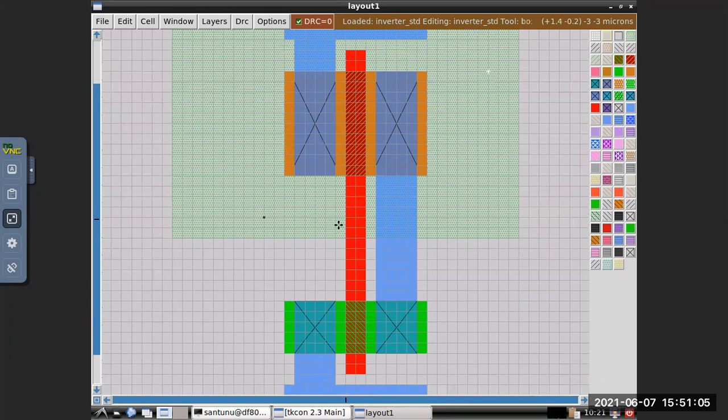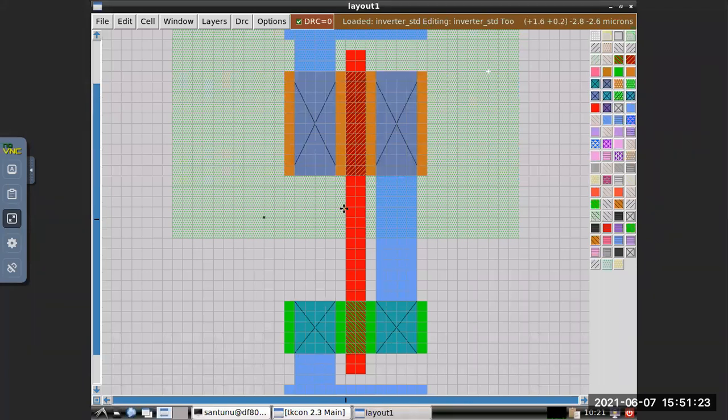So now we'll put metal 1 to poly contacts. For that contact also, 1, 2, 3, 4. So 1, 2, 3.